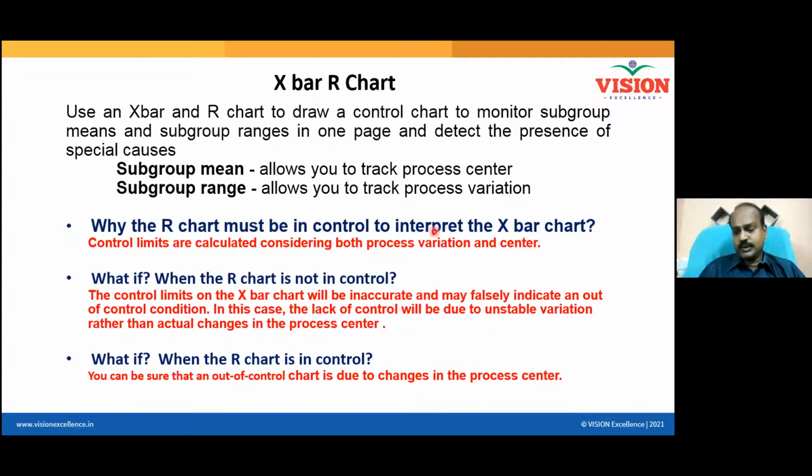And then X bar chart is between batch variation. If the between batch variation is also minimum, and my X bar is on the target, then every batch I produce will meet my customer requirement, and my customers will definitely feel happy about the product. So you need to maintain both.